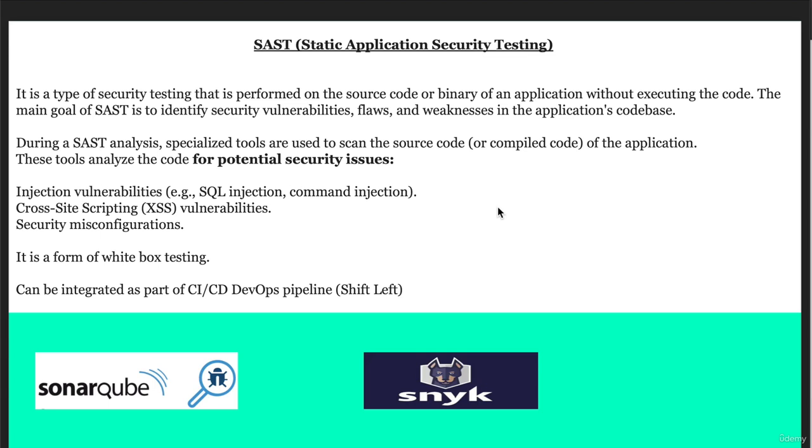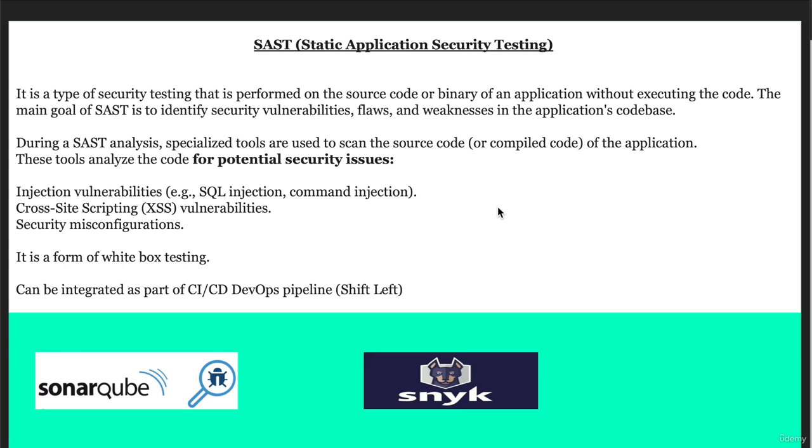Hi, in today's tutorial, we'll go through SAST, which is Static Application Security Testing. It is a type of white box testing performed on the source code or binary of the application, which doesn't need any execution of the code. The main goal in SAST is to identify the security vulnerabilities, flaws, and weaknesses in the application's code